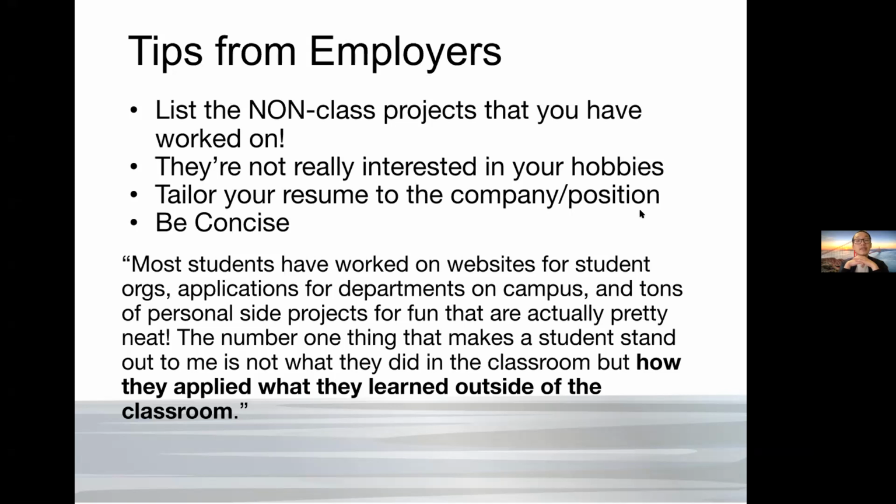All right. And then we also just have some tips for employers as well. So from industry feedback, I know that for some people who don't have a lot of personal projects going on, they will list class projects, and that's totally fine. That being said, it is a good idea if you haven't started a personal project to try and get one going off the ground, because that way it'll distinguish your resume from other people who also may not have a